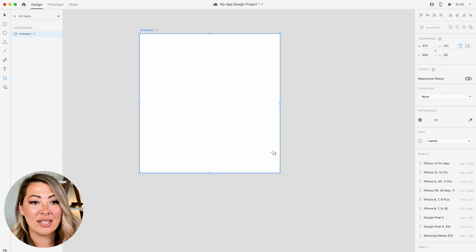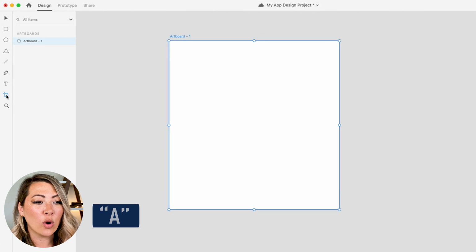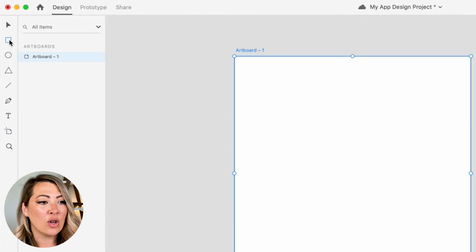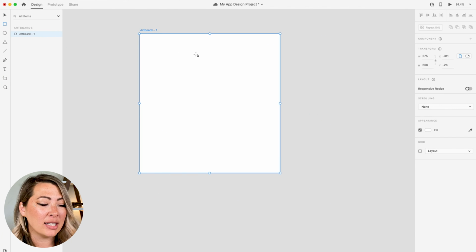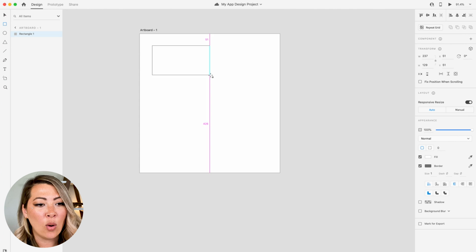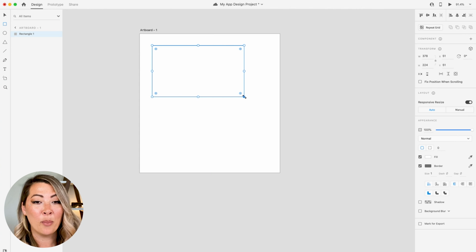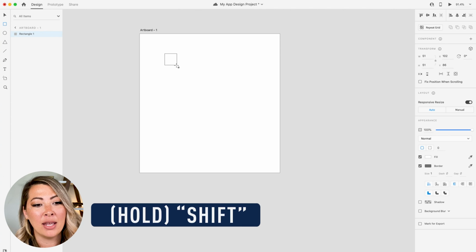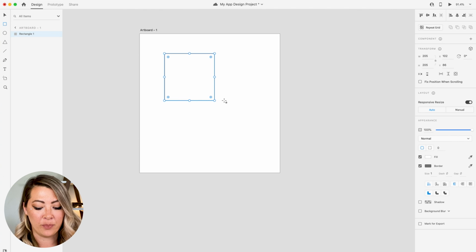Let's play around with some of these shapes on an artboard. So here we have an artboard. I used A as the shortcut, or you can access artboard from here on the toolbar, right? So we had made a shape, a rectangle earlier. Let's do it again. So first I'm going to select rectangle and I can hold it down and make a rectangle. But let's say I want to make a square. What you need to do is hold Shift to actually make that square shape.